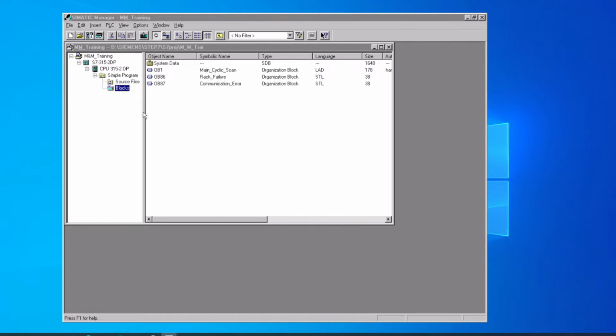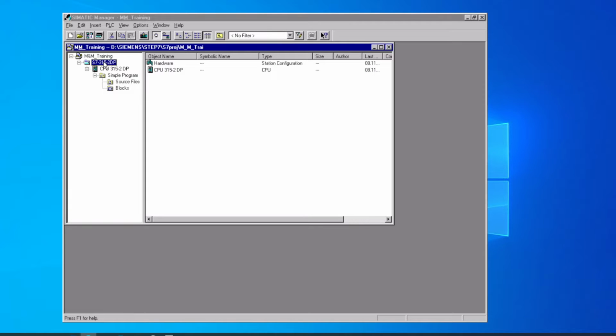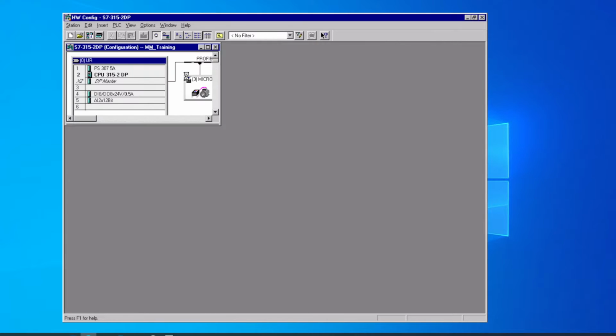the hardware tool in Step 7 to go out and look at the status of our Profibus network, our remote I/O devices, and also to troubleshoot that Profibus network if we have problems. We come up and click on the PLC folder. Then we come to our hardware tool on the right side. We can either double click or right click on the hardware tool and then click Open Object from the pop-up menu. And that brings up